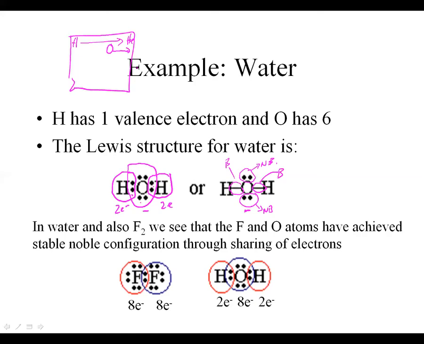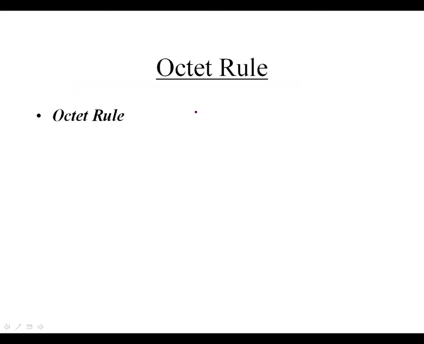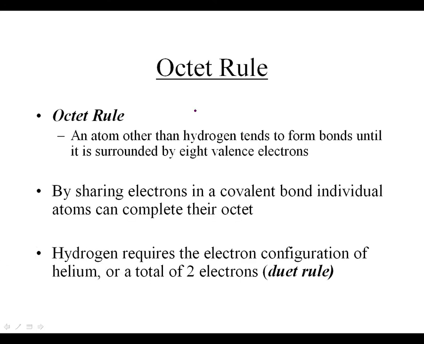Again, because if you remember, noble gases are chemically inert, which means they don't combine with other things. They're very stable just the way they are. So everybody's trying to achieve that through bonding. And the way, again, we do that in covalent bonding is to share electrons. So definitely for covalent bonding, that brings up 2 really important rules that you need to follow when you draw these